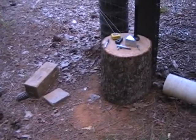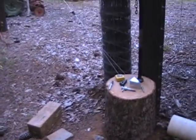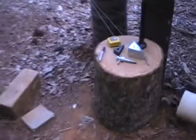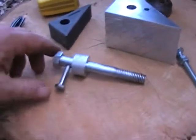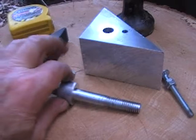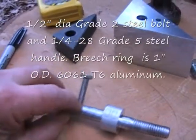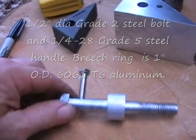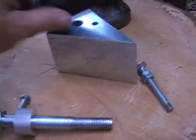Today we're going to try some impact testing, the outdoor facility here at my garden. What we're going to try and do, this is a simulated bolt and handle here. 1/2 inch diameter steel, quarter 28 bolt, simulate a handle. This ring simulates a breech. What we're going to do,